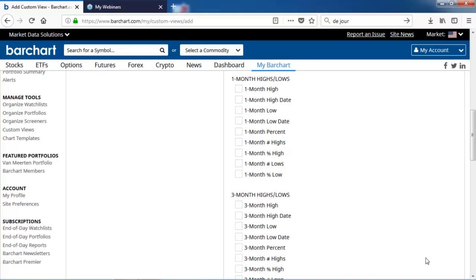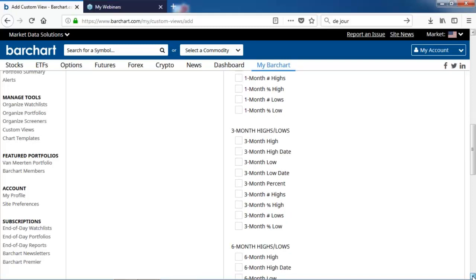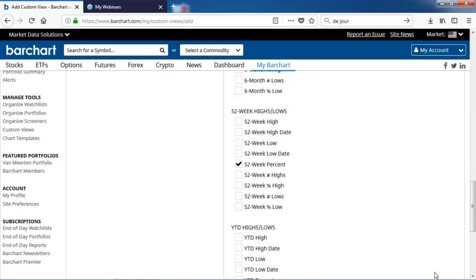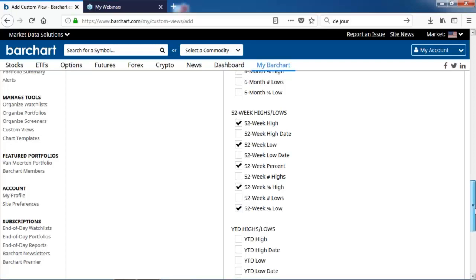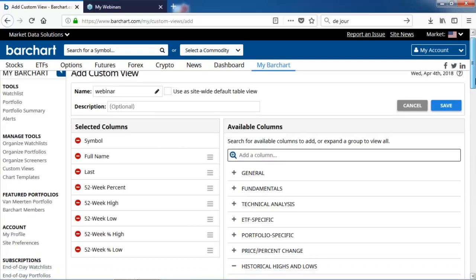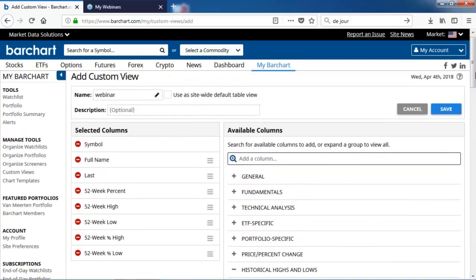So I'd want to put in here, I want to get a little bit further, look big picture. So I want to take a look at not the number of highs, but the 52-week high in percentage terms. I want to put the 52-week high, the 52-week low, how far we are off the 52-week high and 52-week low. So if I'm going to be a bottom fisher, and I'm not saying this is a strategy that you want to employ, this is just something that I would look at when I see a market have the sell-off that we've had in the last couple of weeks.